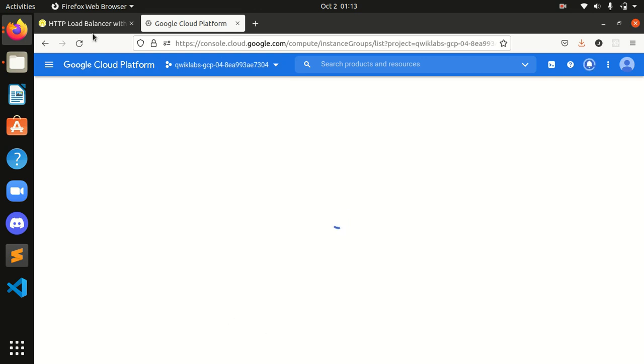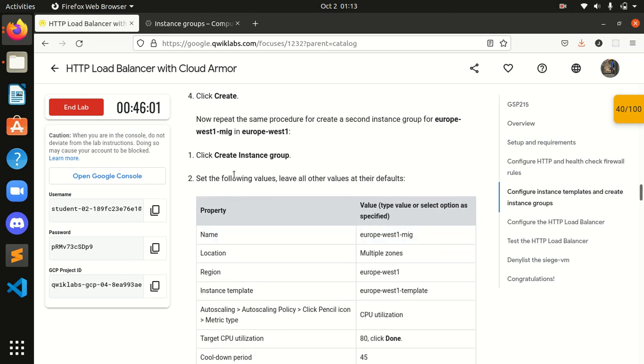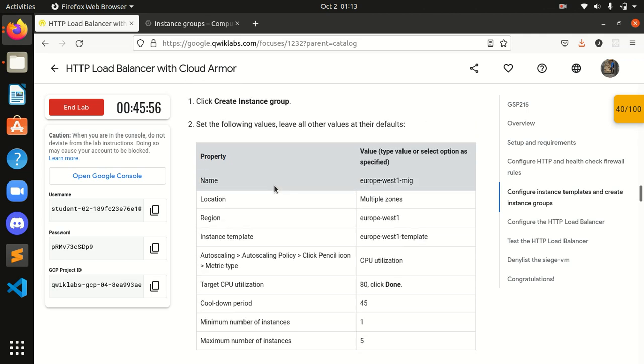And after that now repeat the same procedure. Click create instance group, set the following properties. Okay, again we have to do this for the Europe West 1 MIG.